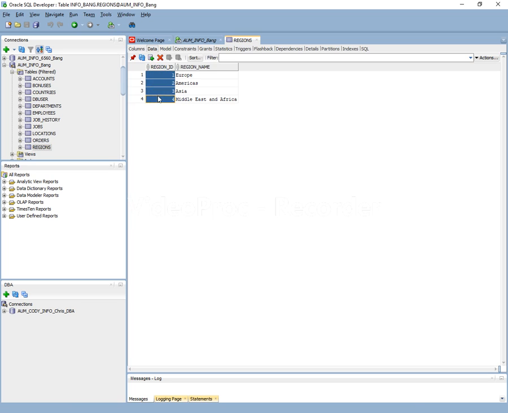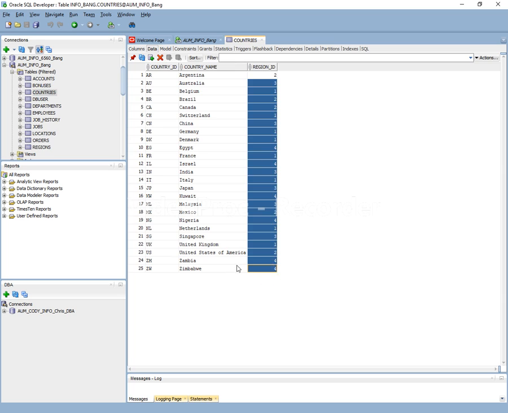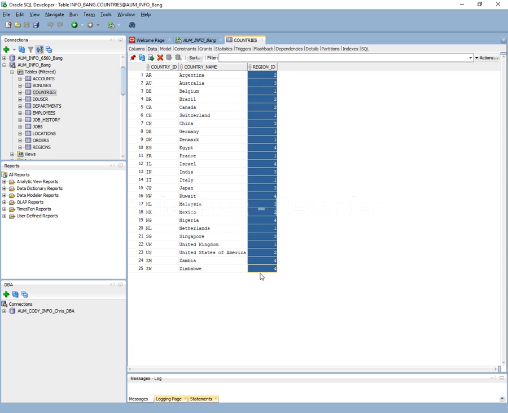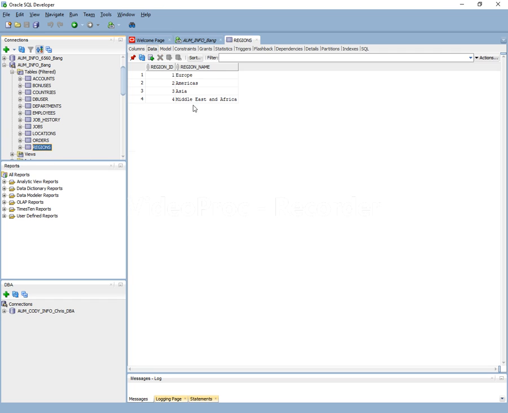There are 4 regions, right? Region ID 1, 2, 3, 4. And if you go to countries, you will see all the countries belong to at least one region, 1, 2, 3, or 4. So we don't see any region that doesn't contain any country. I guess it's not a good example to make an outer join. It's better to make an outer join with locations and countries, because there are some countries like